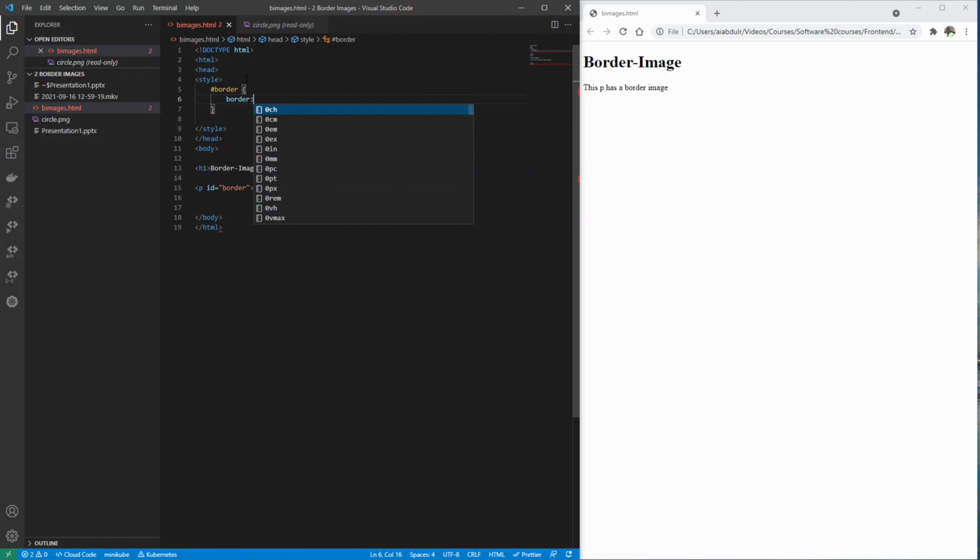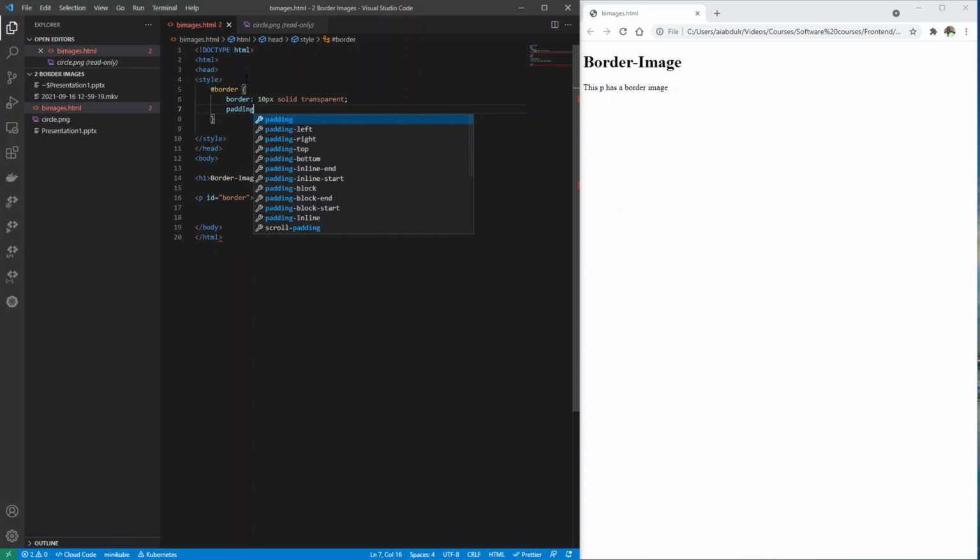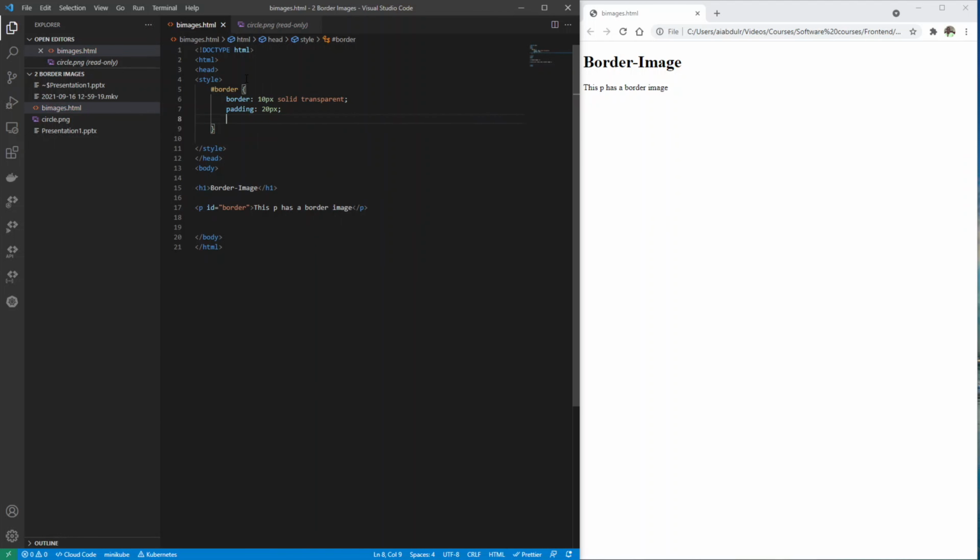I'm going to say it should be 10 pixel solid, but transparent, because we are going to be using our border image. So I'm going to set this to transparent, and I'm going to add padding of 20 pixels. Good. Finally, I'm going to have my border image,